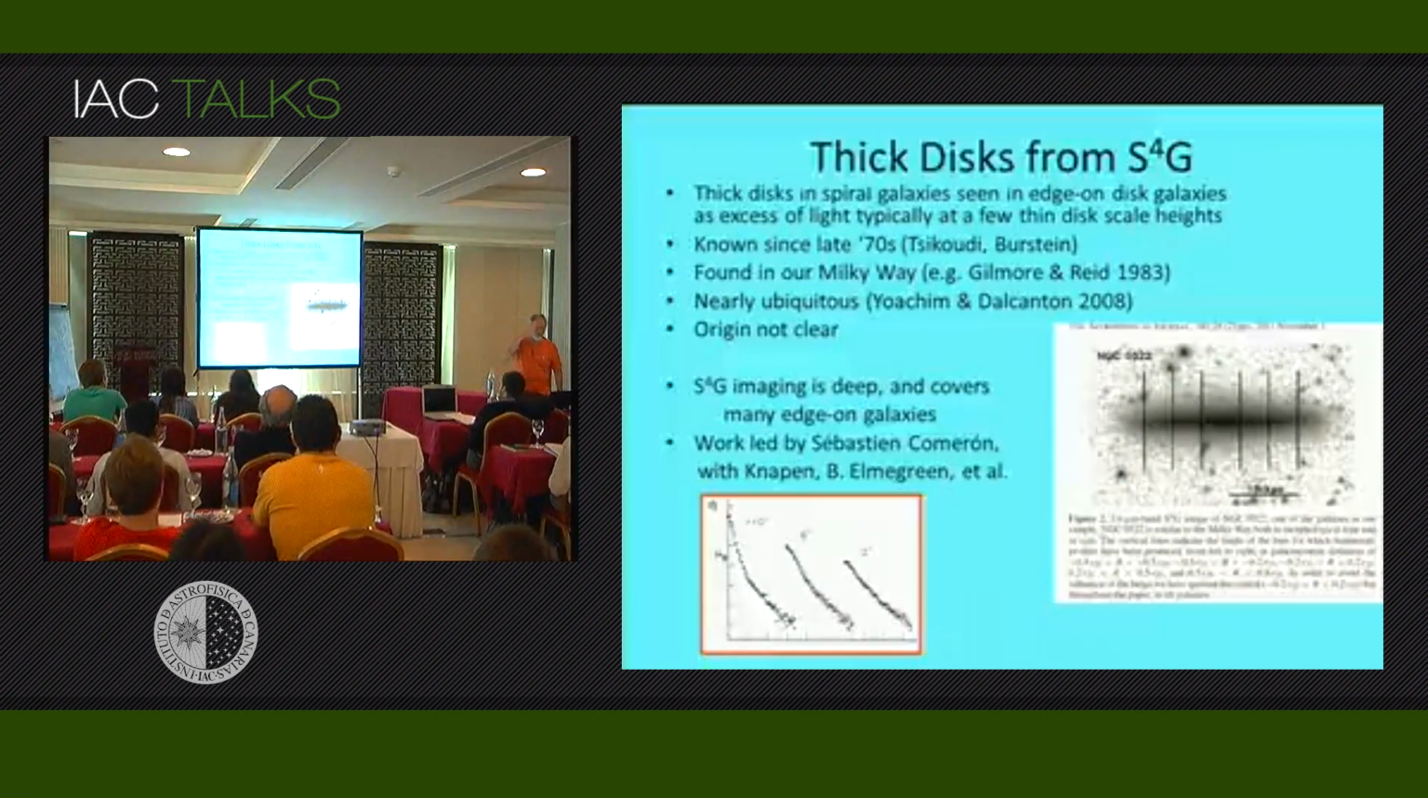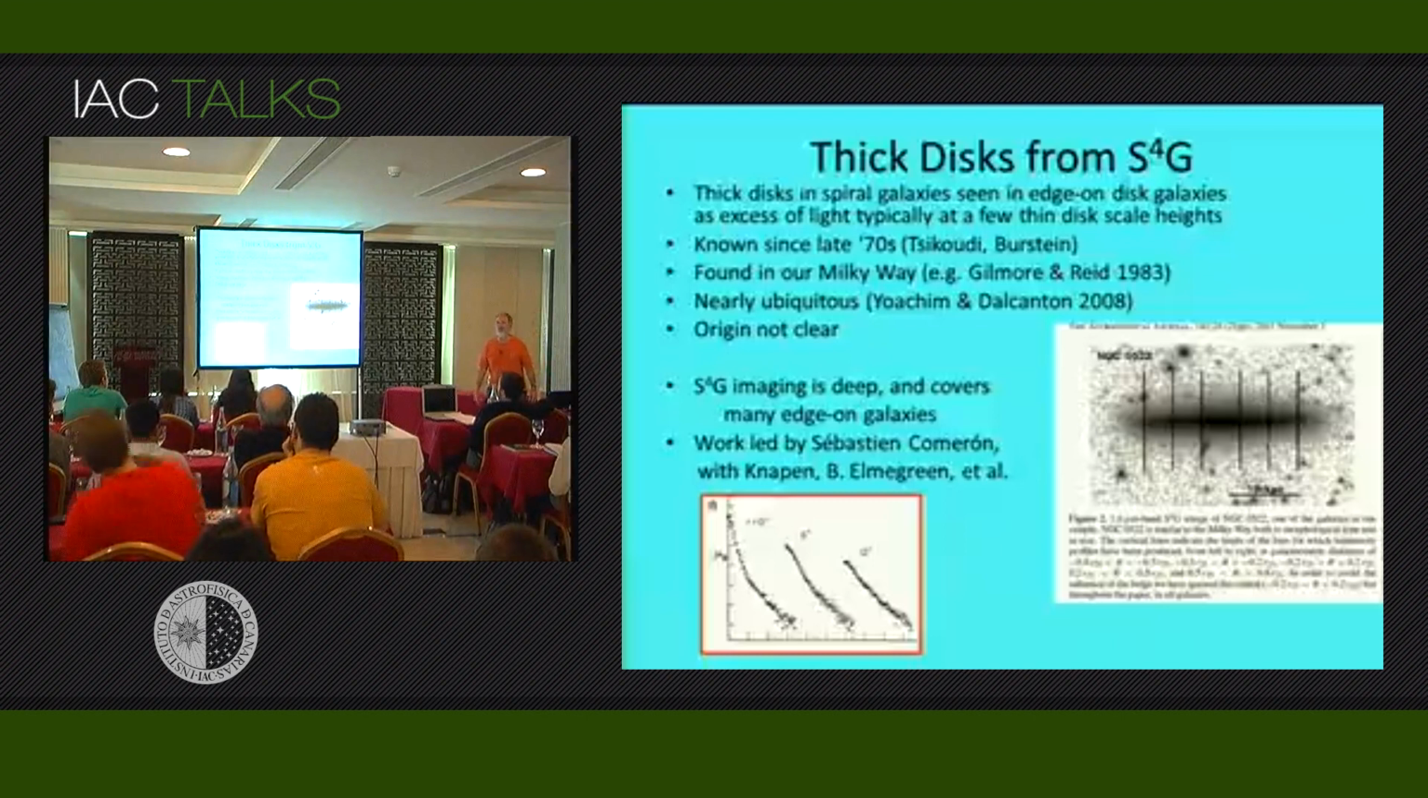A piece of work which has already been done from S4G is looking at thick disks. Thick disks in spiral galaxies are very interesting. I'm very simplistic in my thinking, and I have to be dragged towards things which are important very often because I don't like them, because they're too difficult. And, for example, dust. I spent many years hating dust because, of course, it gets in the way. And I still hate it, but now it's almost a love-hate relationship, because